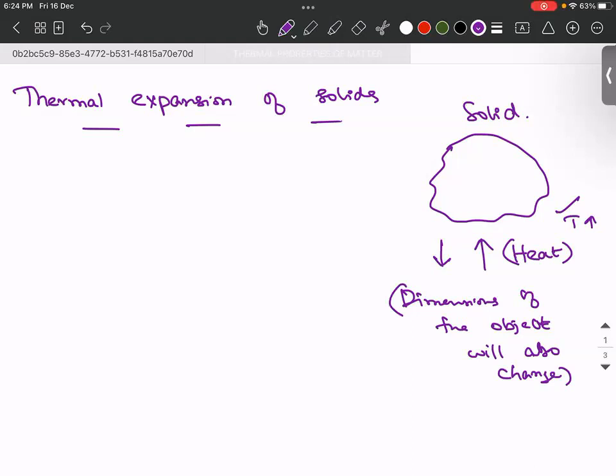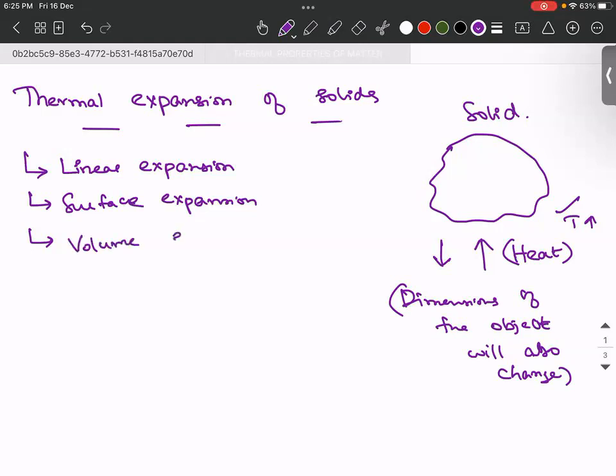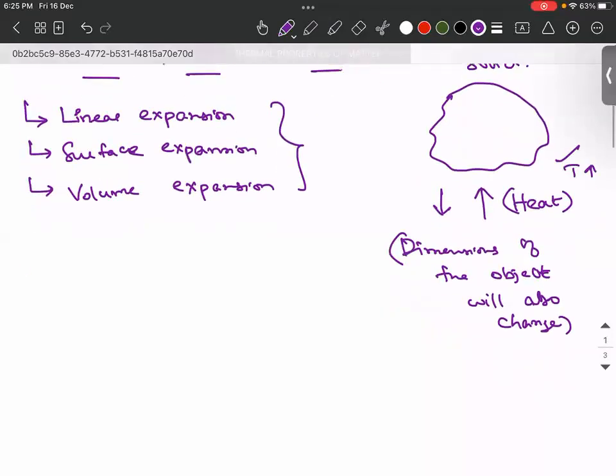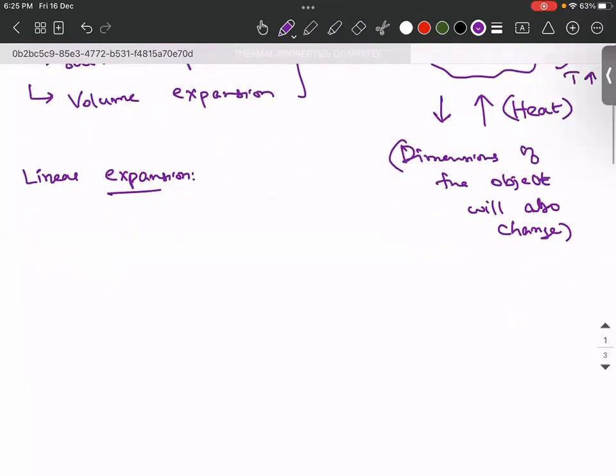Okay. So when I talk about the thermal expansion of solids, there are three kinds of expansion we can speak about. One is called linear expansion, the second is called surface expansion, and the third is called volume expansion. Okay. Now, what is linear expansion? So observe,